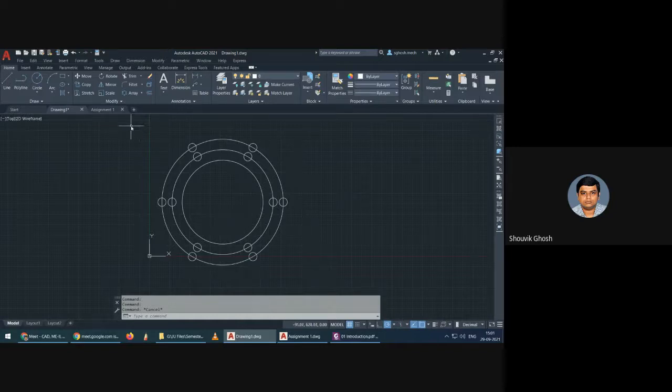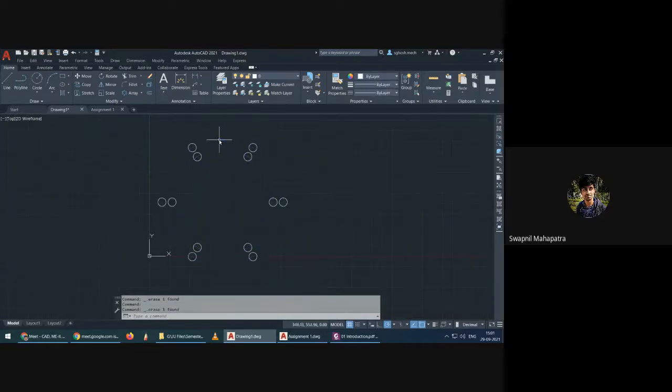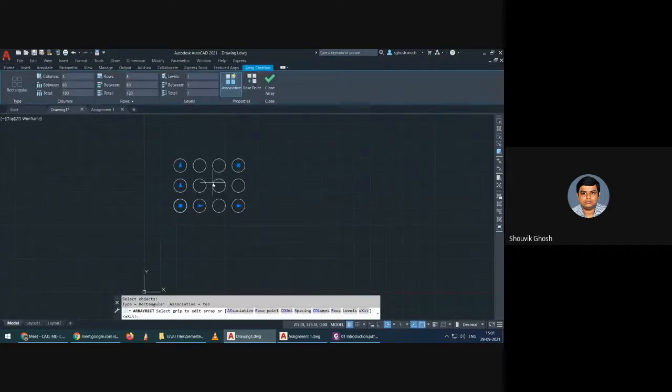Similar thing will happen for the rectangular array. We can just select the object and it will be based on the spacing between the two objects and the total distance and number of objects.